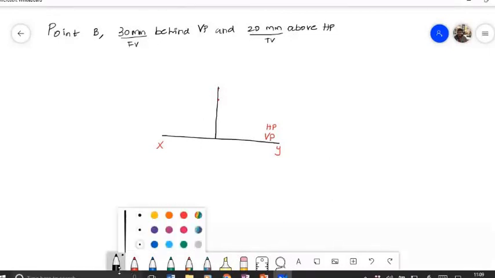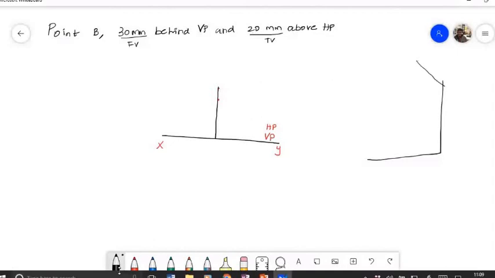No, sir, it is reverse. 30 mm is the top view, sir. See, I think a few students didn't understand the concept well. That's what I feel. See, look here. So this is the second quadrant. The point is here, and 30 mm behind VP, so this distance is 30 mm. You'll get the projection here and one more projection here. This distance is 30 mm and this distance is 20 mm.